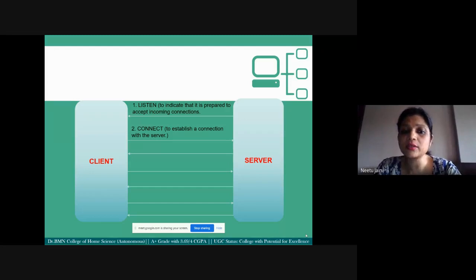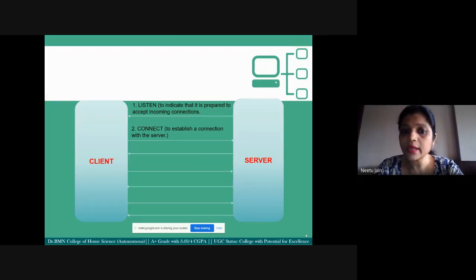Now let's see point number two. See the direction: the arrow is from client to the server. If the client has any question or needs to access any file, the client will execute the connect primitive to establish a connection with the server.